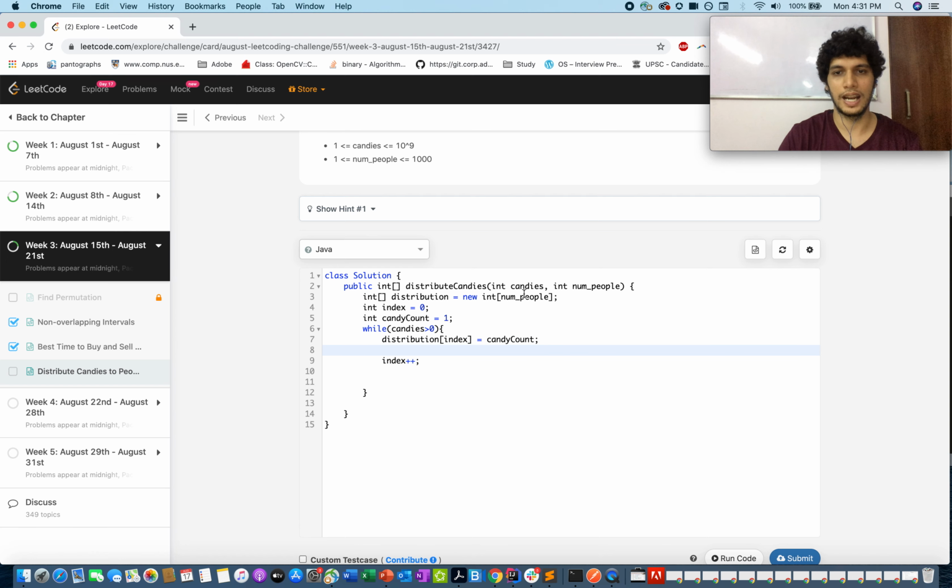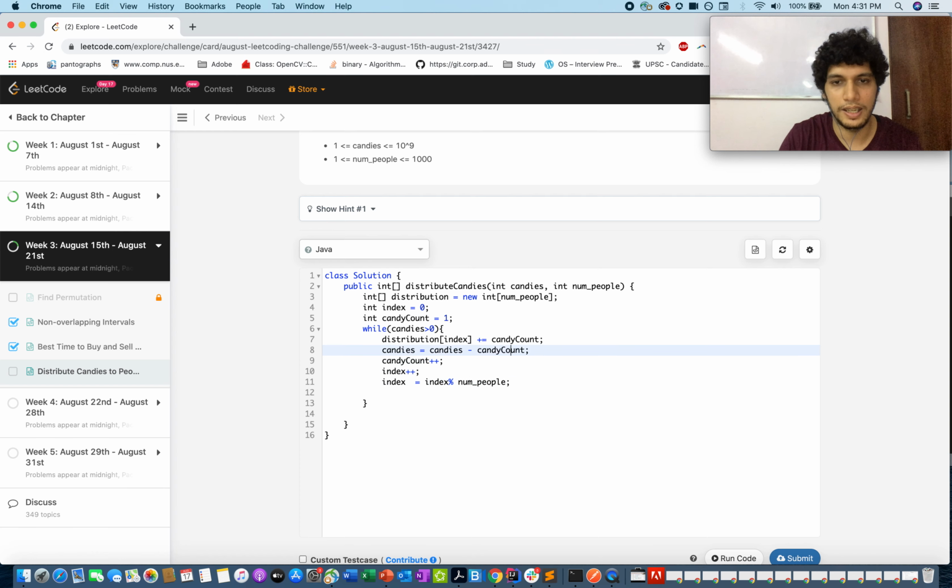I'll reduce the candies because they have been given to this person, the ith index, so it has to be a minus sign. I'll update the candy count to a higher value, increment it, and I'll update the index to the modulus value of it, index modulus the number of people that we have.